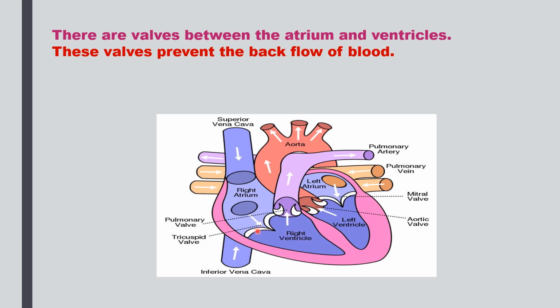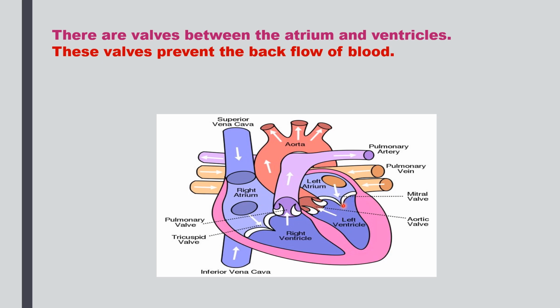So now you must have understood what must be the function of the tricuspid valve. When the blood comes to the right atrium, from the right atrium the blood has to move into the right ventricle. So it is only when this valve opens up, that is the tricuspid valve opens up, that the blood from the right atrium will move into the right ventricle. So what is the valve doing? The valve is preventing the backflow of blood, isn't it?